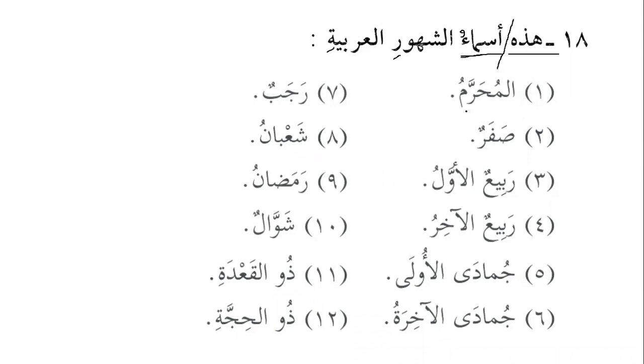Al-muharramu, the first month. Then we have safarun, this is munsarif. Rabi'un al-awwalu, the third month, and Rabi'un al-akhiru, the fourth one. Then we have Jumada al-ula. Jumada is used for feminine, that's why we have al-ula here. And then Jumada al-akhiratu, again because Jumada is feminine. So it will be like mawsuf and sifa, so this is also feminine.